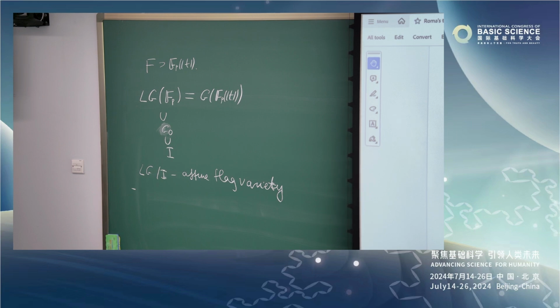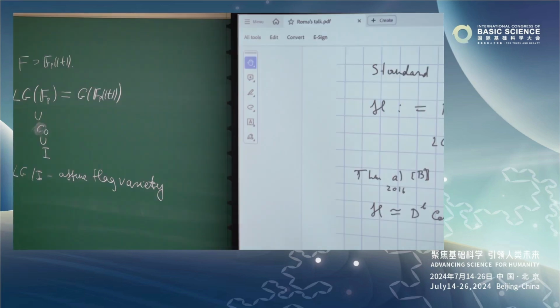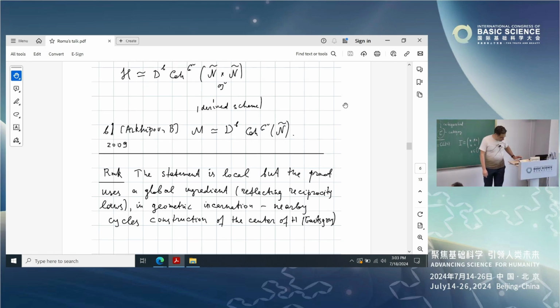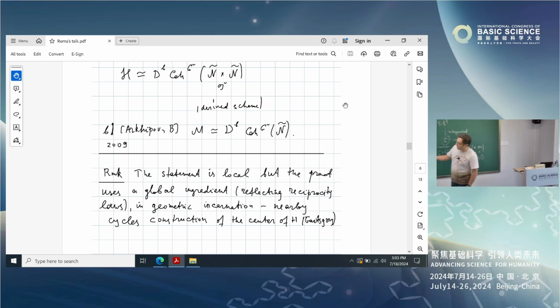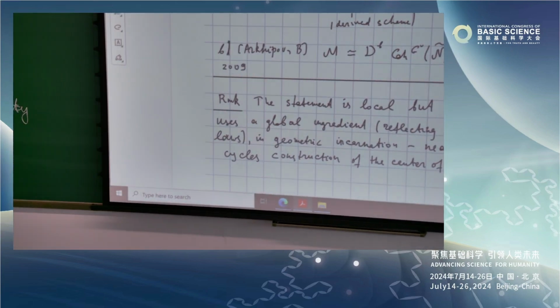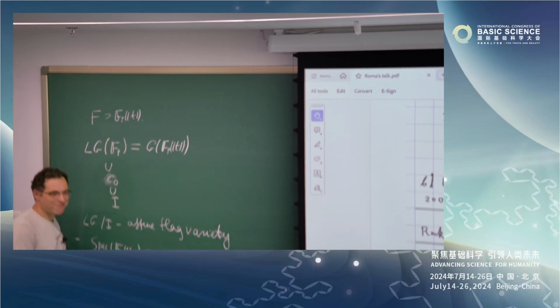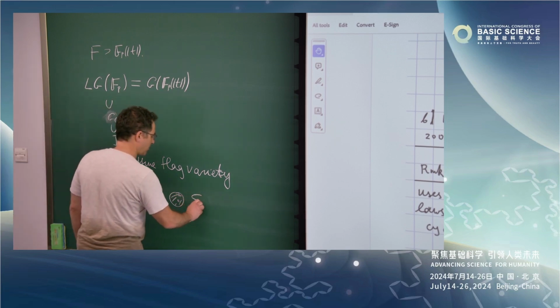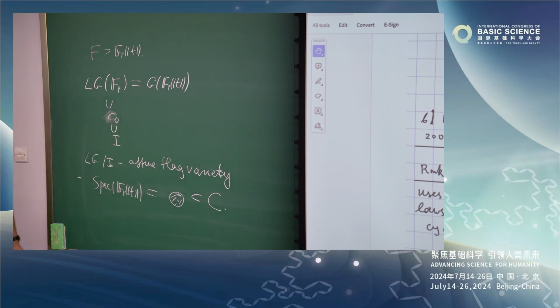Okay. So any questions about this? Okay, maybe I'll say something more concrete about it later. But the statement is local in the sense that if F_p((t)) is a local field, you can think of it as functions on a formal punctured disk, spec of F_p((t)). But the construction actually uses an embedding of this into an actual curve C, and